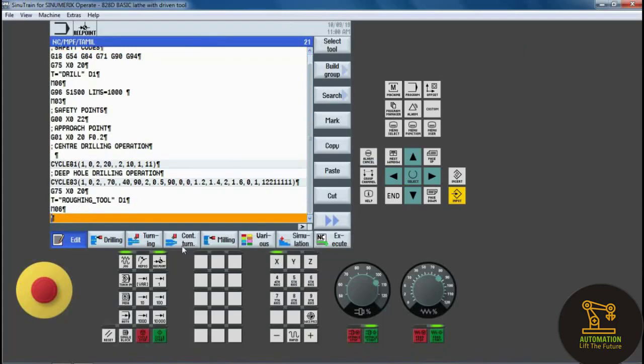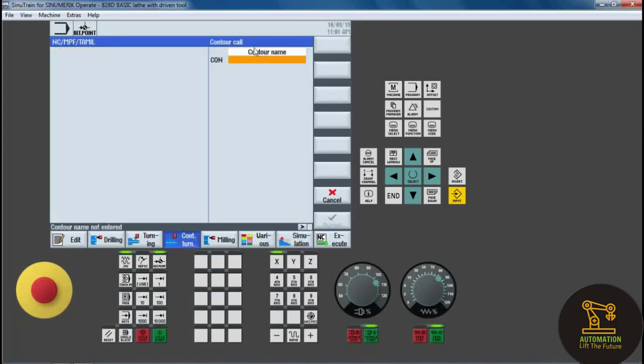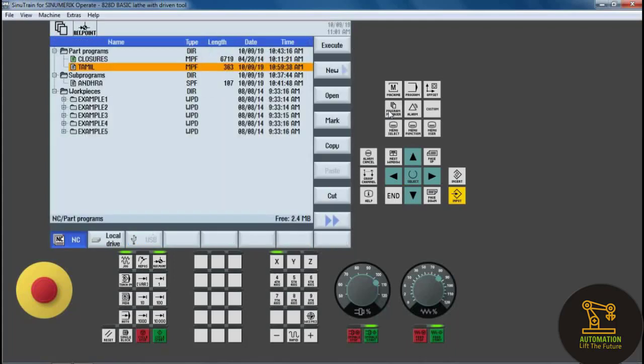and select contour turning, and next click on contour and contour call. And we created a subprogram, and the subprogram name is Andhra, so click on subprogram and the subprogram name is Andhra.